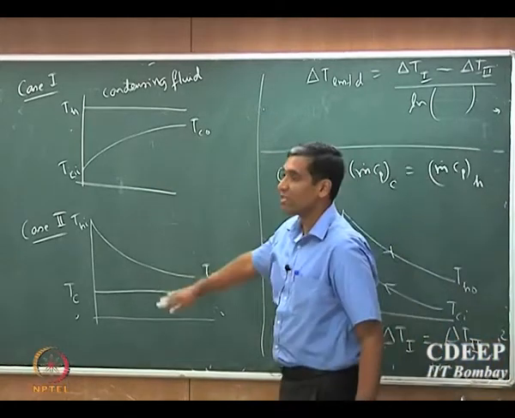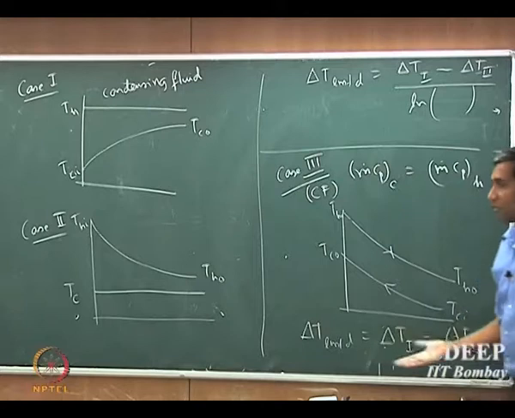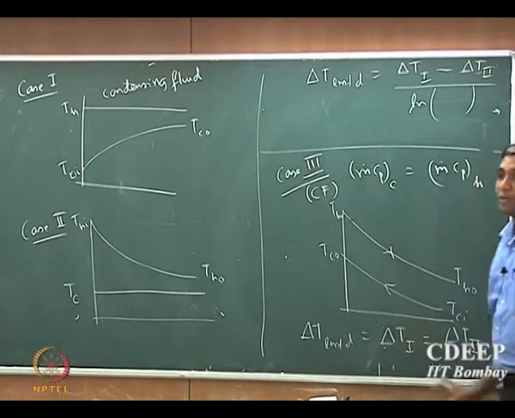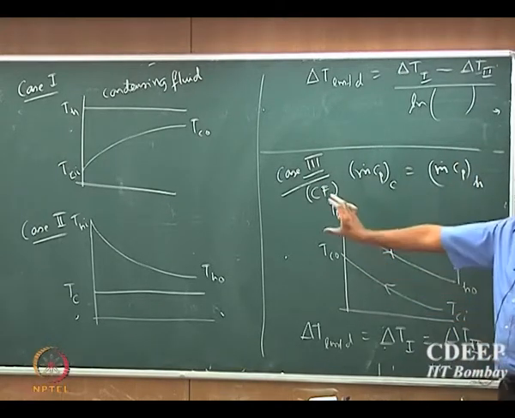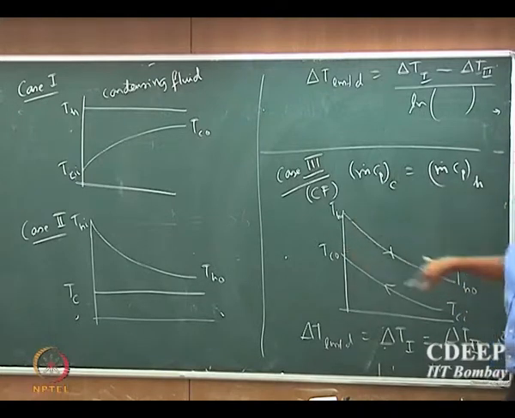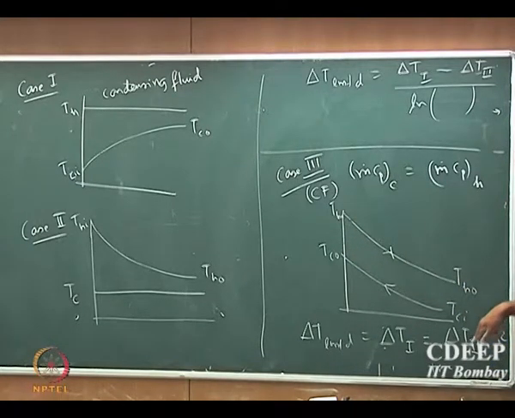Note that all these are just sketches. So in this case we should be able to estimate the approximate temperature difference at every location inside the heat exchanger. That plays an important role in heat exchanger design. So the correct temperature difference that you should use is the actual temperature difference either at the inlet or the exit of the heat exchanger.